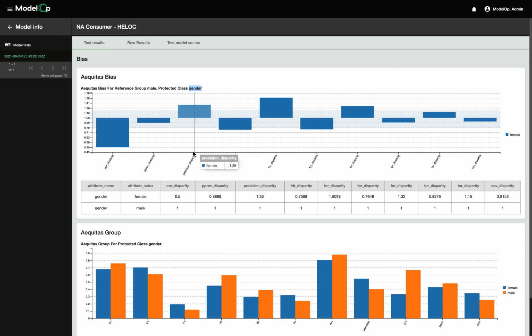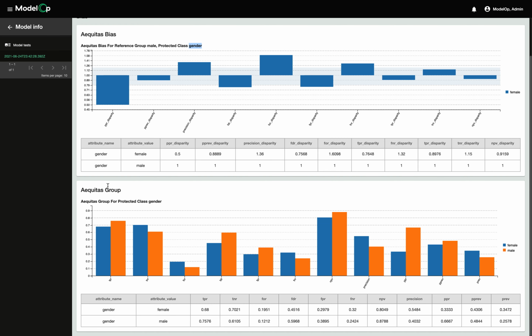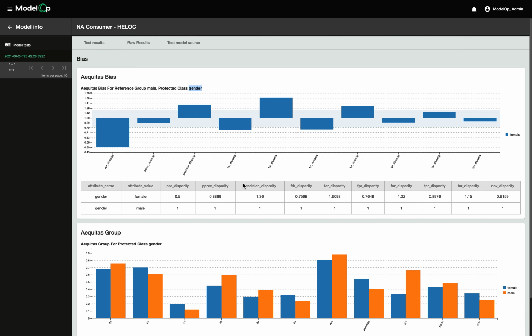So this is the disparity metrics, and down below are some of the raw metrics, which are called the group metrics, where again you can see some of the deviations across a number of different areas. The false omission rate is one, and the false negative rate and true positive rates are other areas. So by surfacing these different metrics that give us an insight into whether or not this model is actually producing fair and ethical results, as a model operator or model owner, I can go and actually take action. We didn't do this in this particular case, but you can automate the overall comparison of these different metrics,